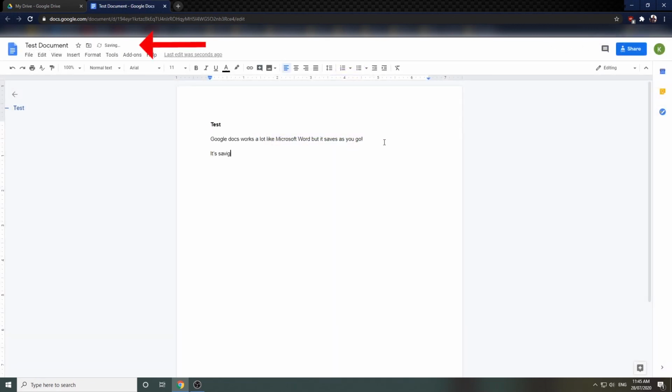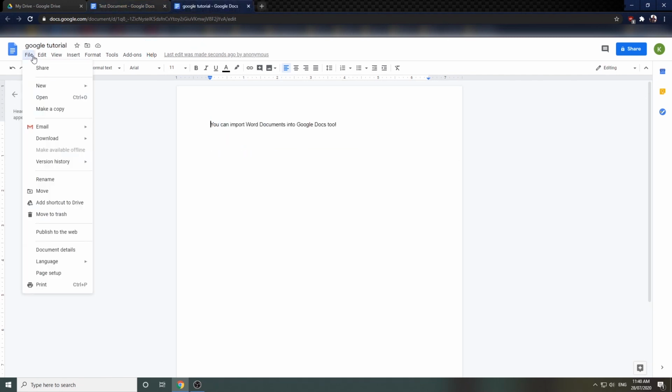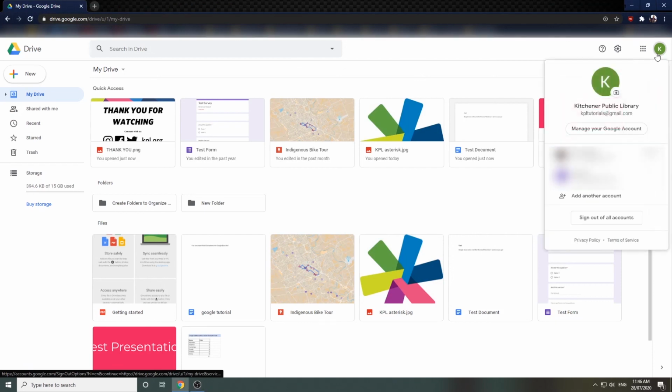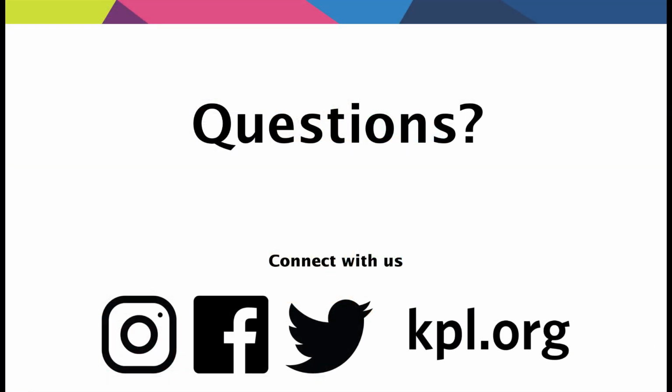All these Google apps will save as you write, so you will never have to worry about losing your work. You need to be working online in order for it to save though. When you are done editing, you can download your document as another file type, such as the similar Microsoft file, for example Word, Excel, or PowerPoint, or as a PDF. Remember to log out of your Google account if you're using a public workstation, such as a computer at the library. So there you go, a quick overview of how to get started with Google Drive and apps.